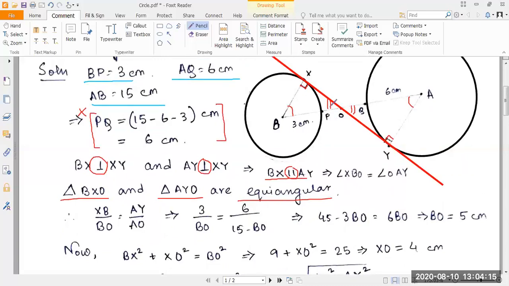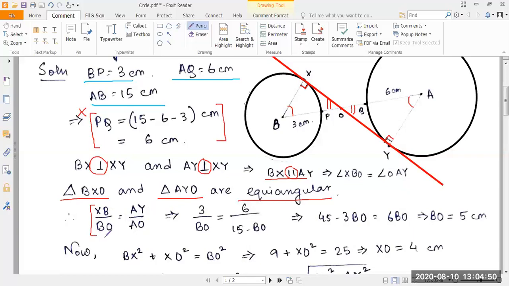So for similar triangles, you know that we can use the equality of the proportion of the sides. So what I have done is I have taken these two triangles and equated the ratio between XB and BO to the ratio between AY and AO. So how do I note which goes with which? This ratio is a confusing way to put it. So that's how you do it. Let's just first fix this.